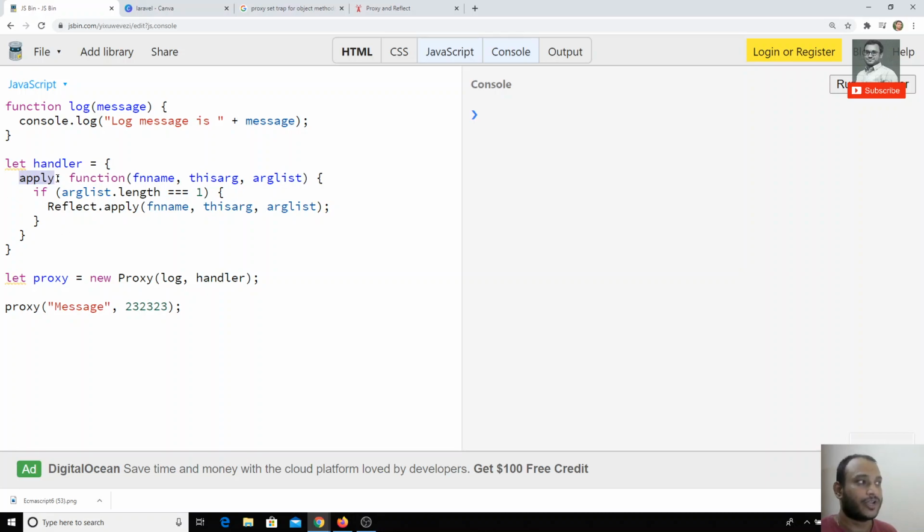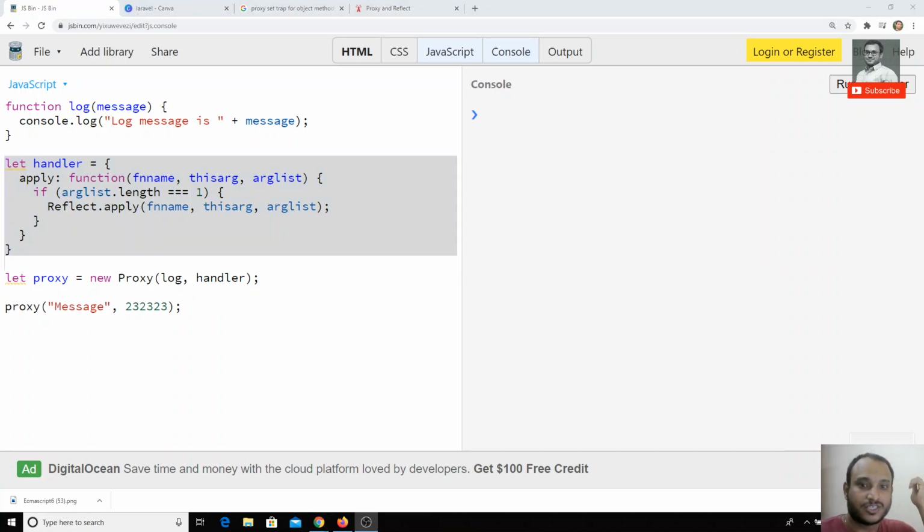You can apply this same handler to any type of function. You can't think that this trap is applied to only this function. This trap will be applied to any function. So tomorrow if you have any other functions like this, you can use new Proxy and add this function for this one also. Like this, the same trap you can apply for any number of functions. So this is how we can use the apply trap for a function proxy.